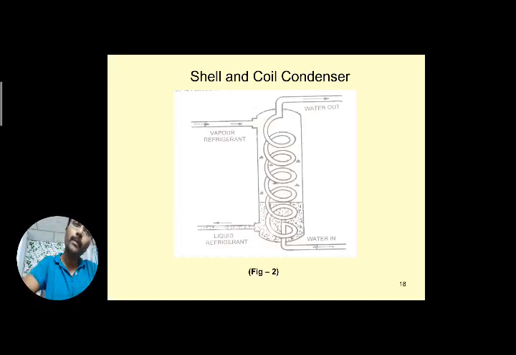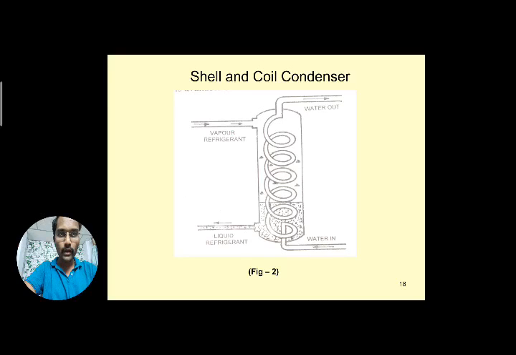Coil in the sense, here also it's a tube, but provided in the shape of a coil, and the shell is used here. So you can observe the diagram first for a while, and next we move on to the topic. Right, so you can see here, this is the shell, the outer part where the coil is inserted. You can see this is the outer part, complete section. You can see it is a shell. So inside that there is a coil.